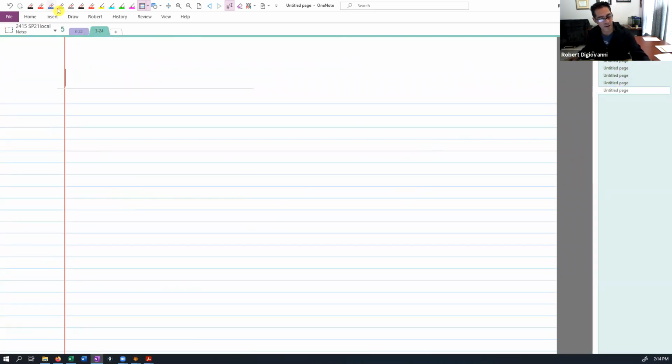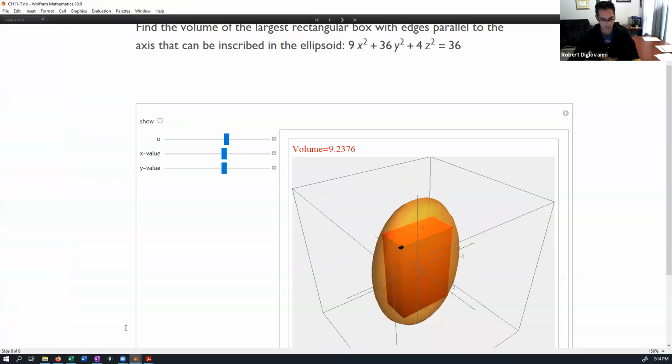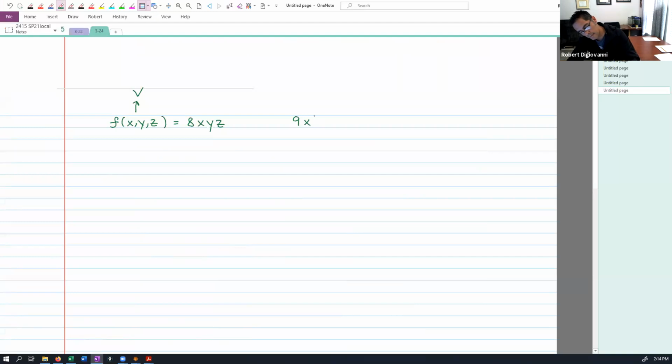So we have a function of three variables. And remember, this represents the volume of that box, which is just 8xyz. And then we have our constraint, which I've already forgotten. 9x squared plus 36y squared plus 4z squared, equals 36. There's our constraint. So this is our g of x, y, z